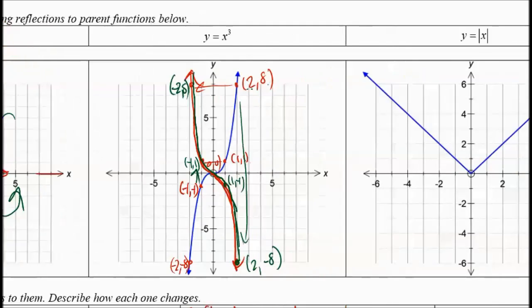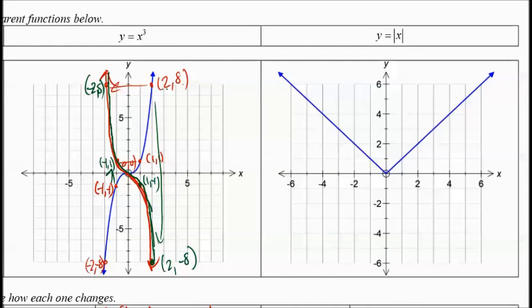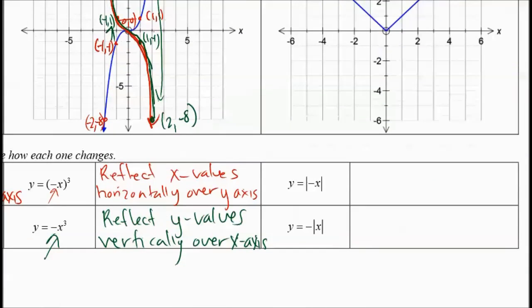All right, so let's try the last one. y is equal to the absolute value of x. So we know what's going to happen. x values will be reflected horizontally. So I'm going to draw an arrow